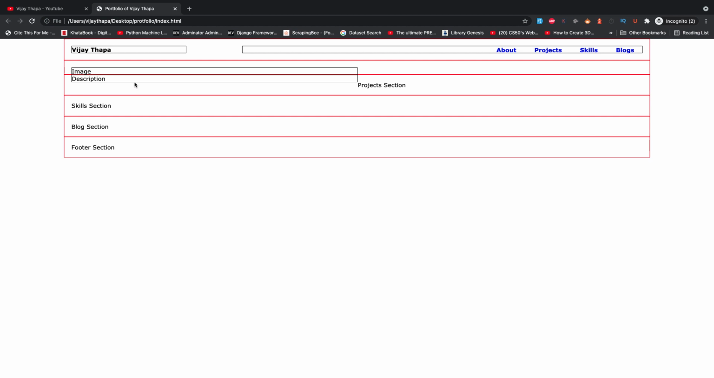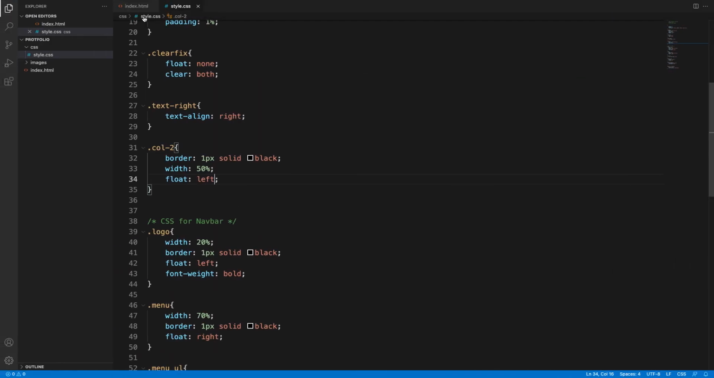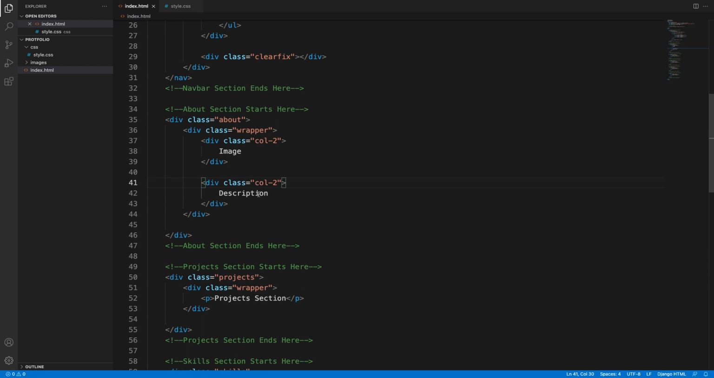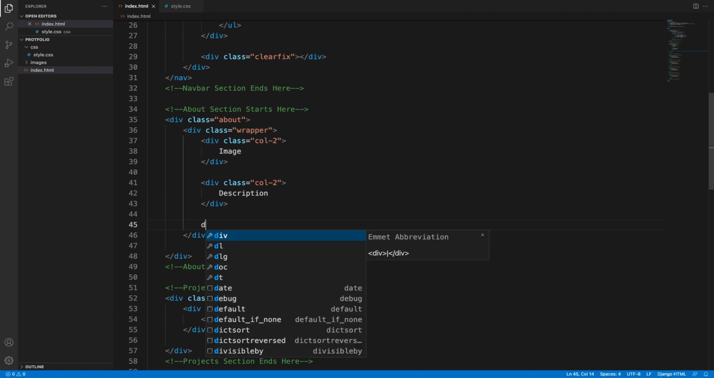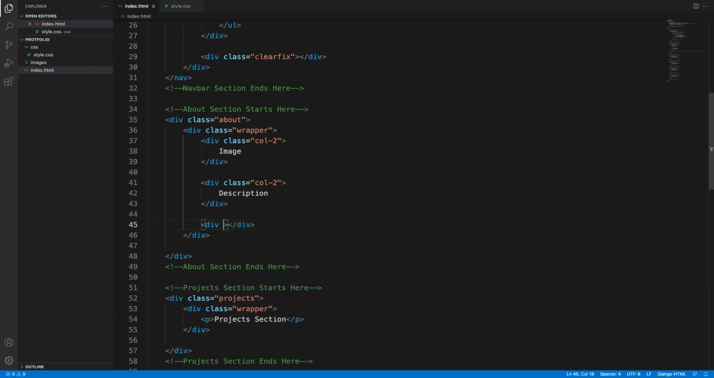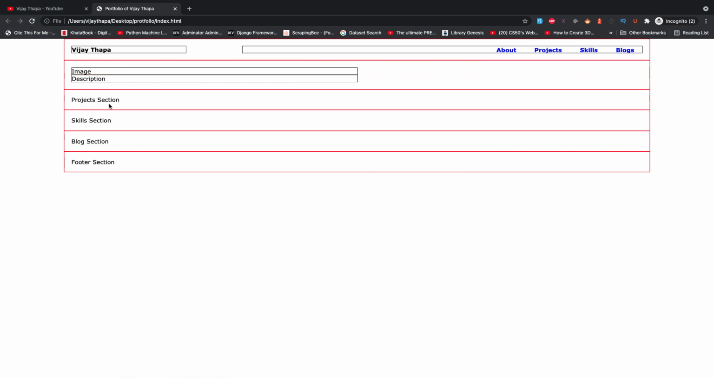Now our description is here, but something is missing. So what we can do is, if we go back, we need to add clearfix as well. After these two columns here, we need to add a division with class equals to clearfix. Okay, so that's it. If I go back and refresh, now our project section is down here,